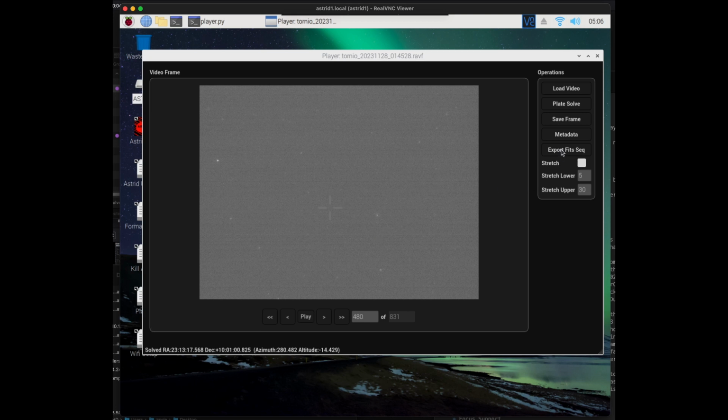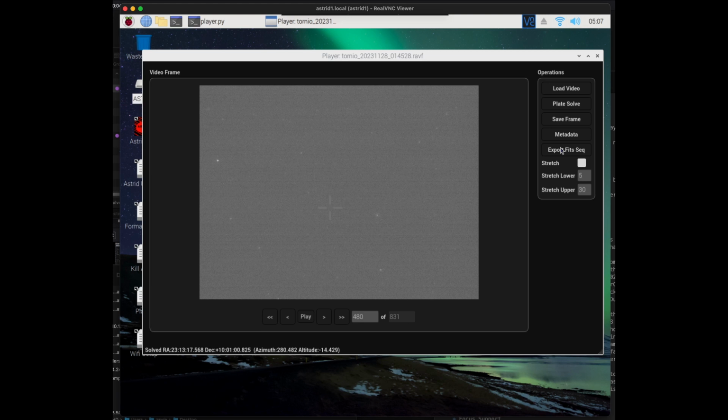The other thing you can do as well, you can export this as a FITS sequence. Don't normally advise this because you get thousands of files. It obviously takes time to export, and you lose your audit trail because of the way that FITS is built. It's not possible to store that. Also, because all your files are individual frames, those have to be reassembled in the software that you're using. However, if your software doesn't support RAVF format, then that might be the only option. That's why we recommend using PyMovie and PyOT to do your live code analysis until that software